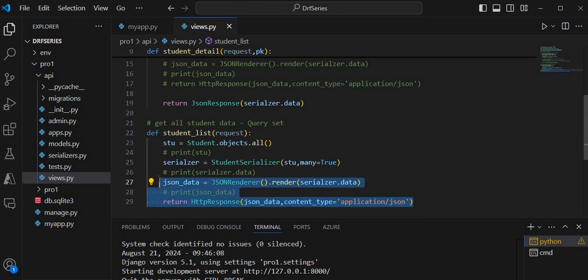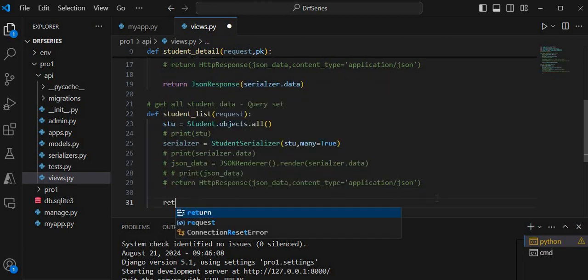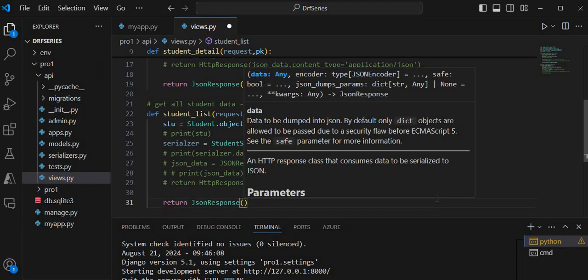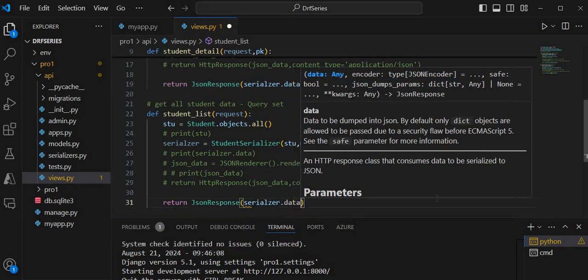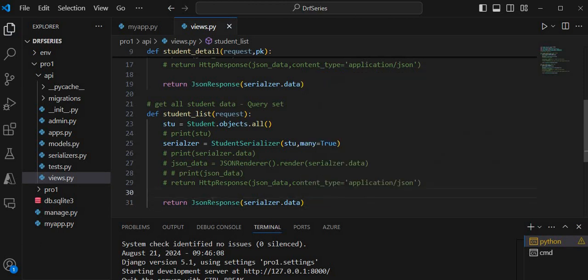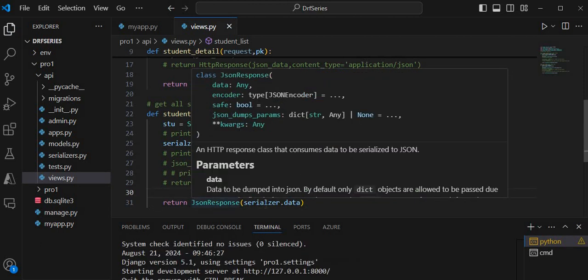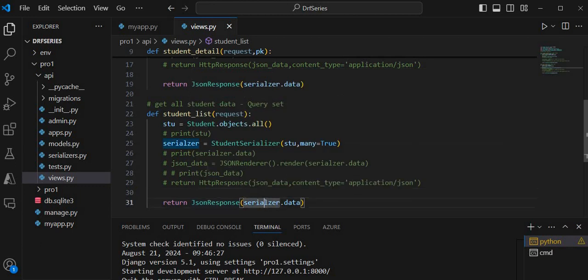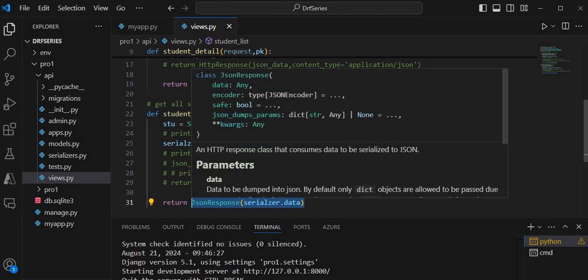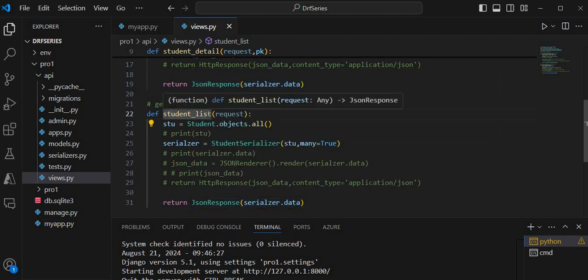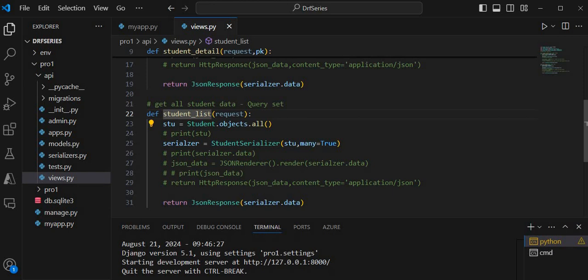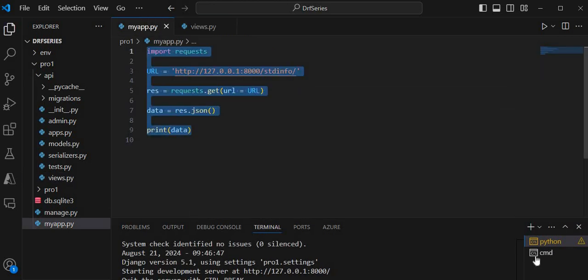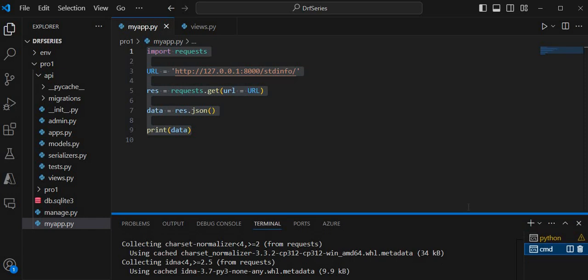and let me apply it here as well. Let me return JsonResponse, and I am passing serializer.data inside this. So this one class, JsonResponse, will handle all the JSON data, and we return this JsonResponse when this student list view function is called. Let me save this code, and when I hit this, as you see here,